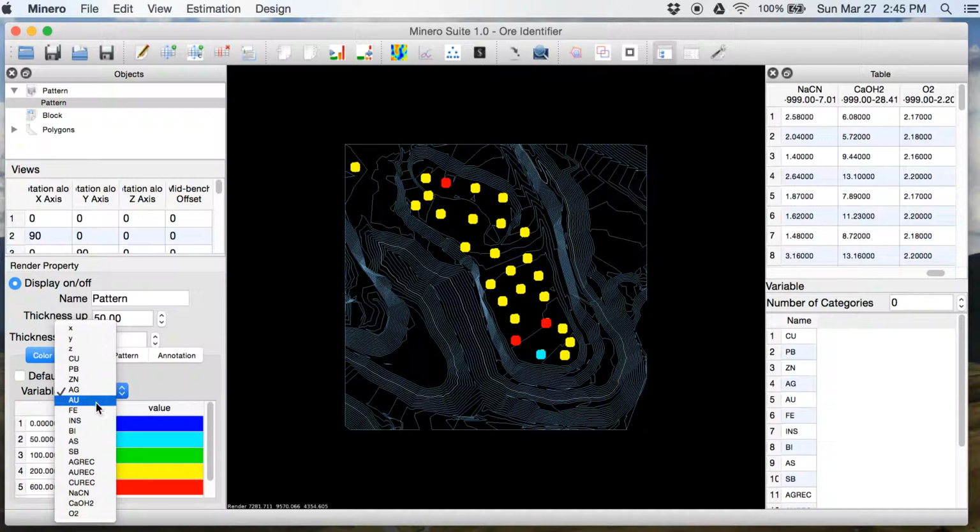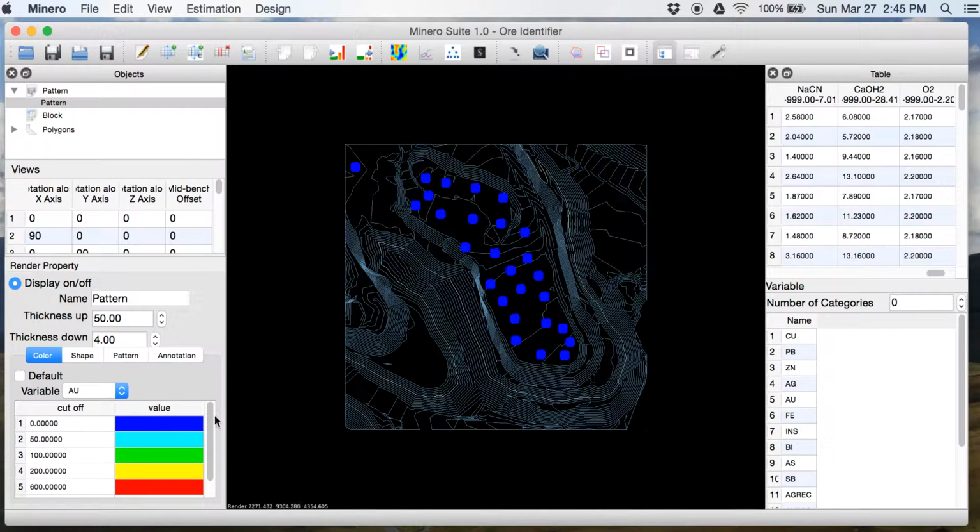If we select another element, gold, everything is in blue because of the ranges. You can go with a different range for gold. Let's go back to silver.